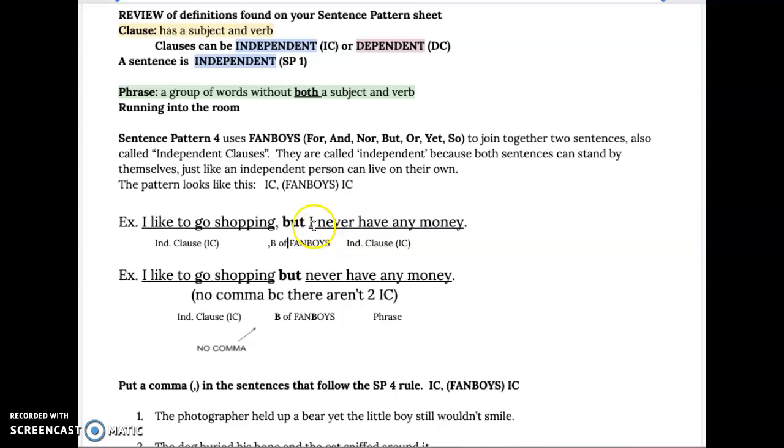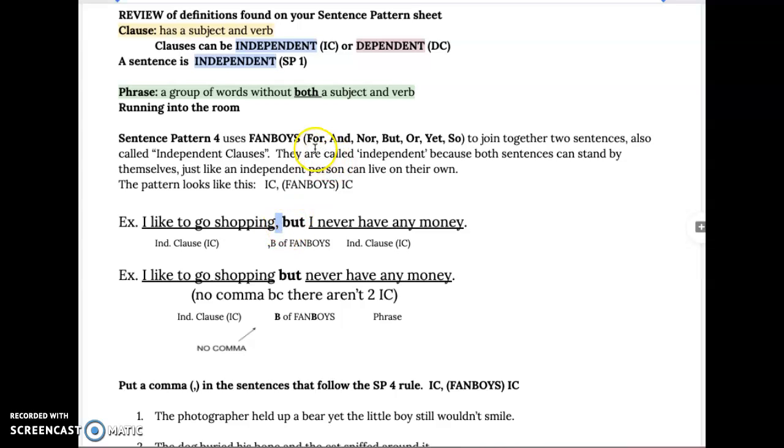Notice that these two independent clauses are joined by a fanboy, the word but. When you join two independent clauses, you must put a comma. So in a lot of the mistakes that y'all are making, you're forgetting this little tiny comma. You've used the word but and you've joined two independent clauses, but you didn't put the comma. Another way to say this is sentence, fanboy, sentence. If you have that, you need a comma